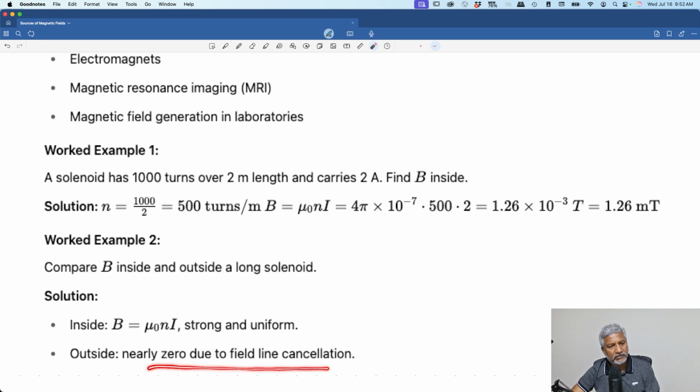Nearly zero due to field line cancellation. Well, it's zero because the distance is really big. It's a comparison to the magnetic field on the axis. Compared to the magnetic field inside the solenoid, outside is going to be considerably less,